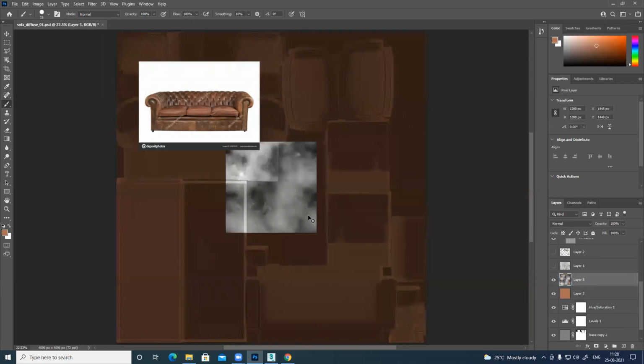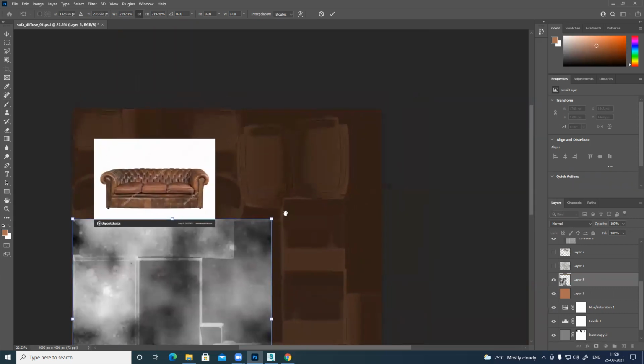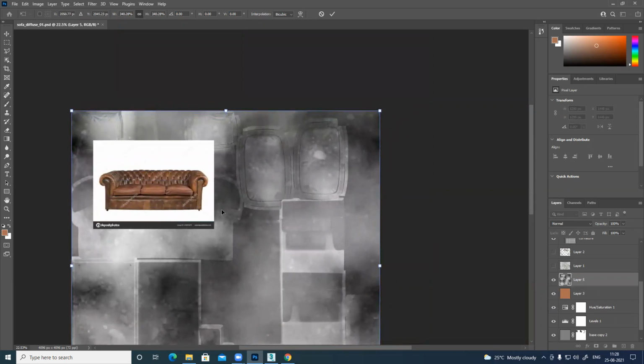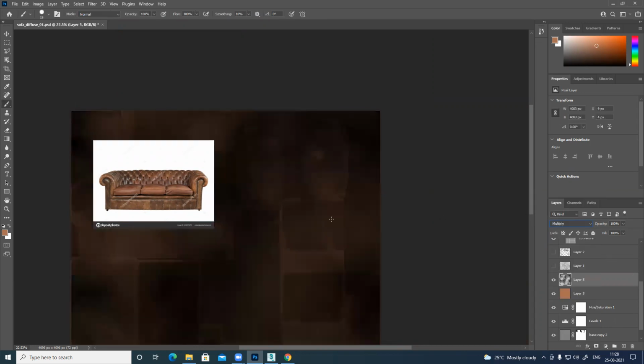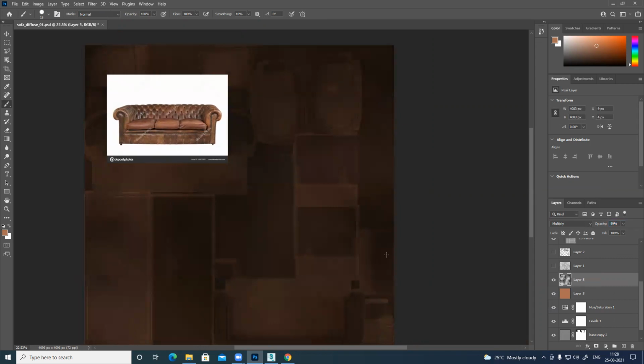Control V, Control T. In this case, instead of tiling it, I'll just increase it to fill the entire image, or maybe tile it at twice the size, and multiply it. You can see tonal variation, then reduce the opacity. Make it subtle. I need color variation, but it should not be very strong.